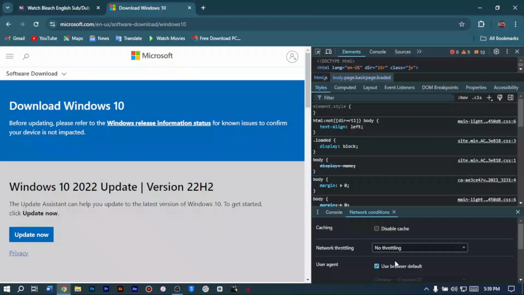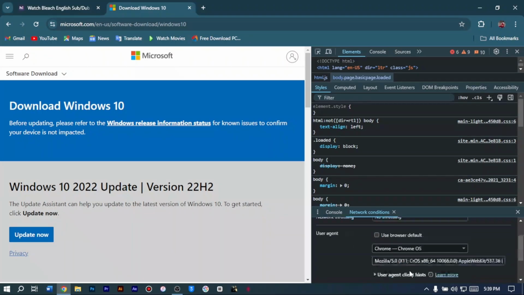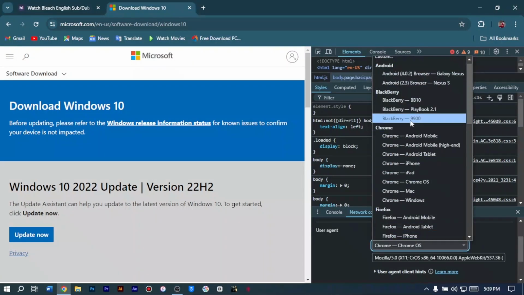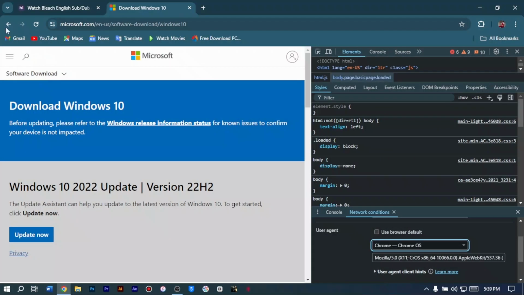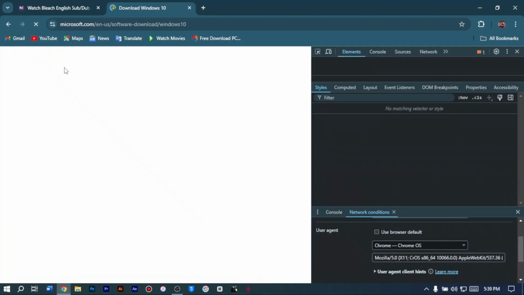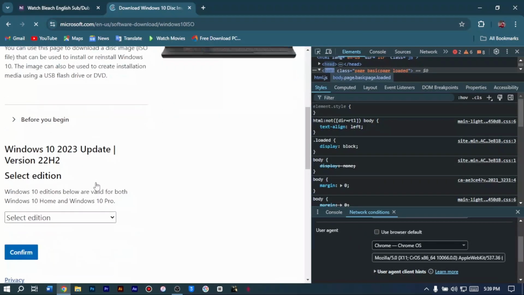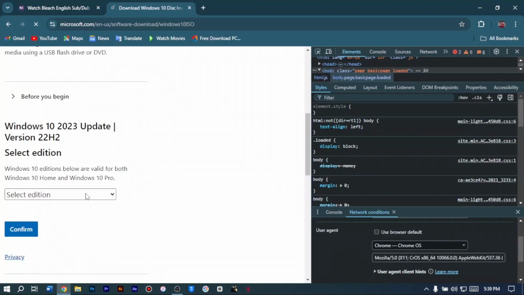Okay, and as you head down, you get to see use browser defaults, which have already been checked, so you have to uncheck that box, and then you see below it as custom, so you just click on it and then you scroll through to choose Chrome OS, and then you refresh the Microsoft page. Okay. So after refreshing, you get to see that you now have a proper option to download the Windows 10,